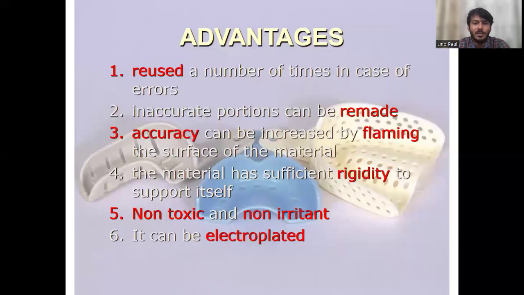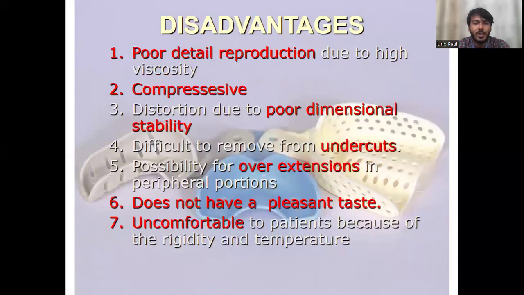So that's with the impression compound. We'll go through the advantages. It can be reused a number of times in case of errors for the same patient. Inaccurate portions can be remade. Accuracy can be increased by flaming the surface of the material. The material has sufficient rigidity to support itself. It is non-toxic and non-irritant. It can be electroplated. Disadvantages: poor detail reproduction due to high viscosity,